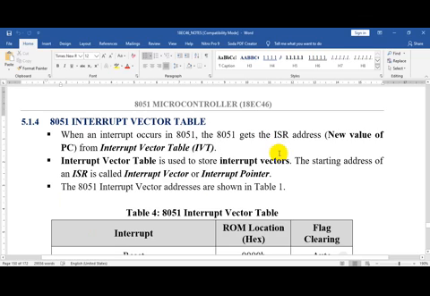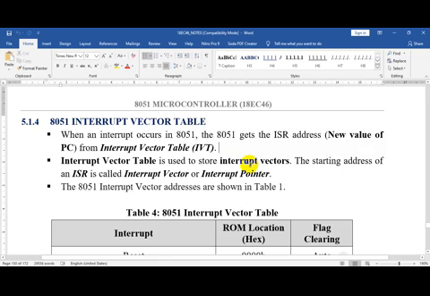If reset comes, this is the ISR address. If INT 0 comes, this is the ISR address. The programmer should not write any code in this ISR region. So the interrupt vector table provides you these ISR addresses.